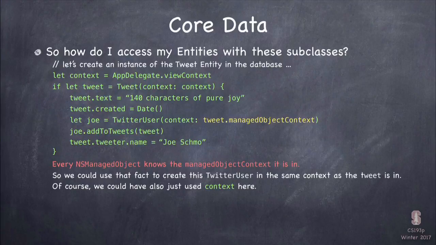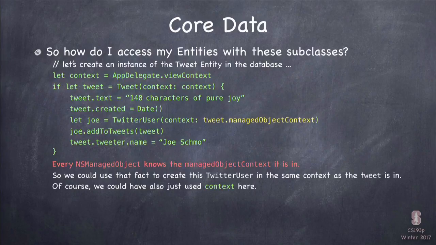I didn't say appDelegate.viewContext. I didn't use that same context var that I had. I said tweet.managedObjectContext. In other words, I found out what database the tweet is in, and I put the Twitter user in the same database. And this is a common way of programming in Core Data, where when you want to get a context and you already have an object in the database, you ask the object you already have what context